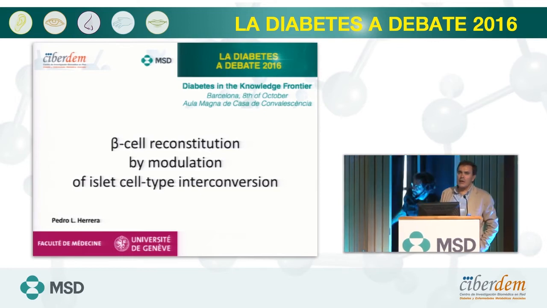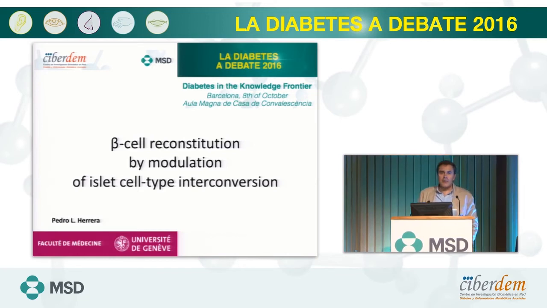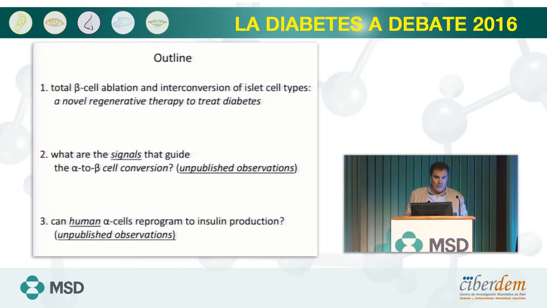Today I will talk about our studies aimed at trying to understand the processes of islet cell type interconversion that we see in the pancreas of adult mice. So my talk today will begin with a brief overview of the experimental setup that led us to identify this phenomenon of islet cell type interconversion in mice, and how these observations could lead to the development of new therapies